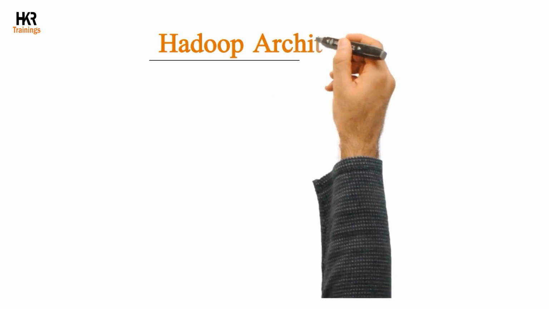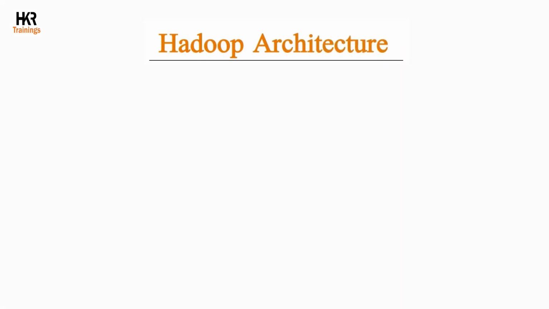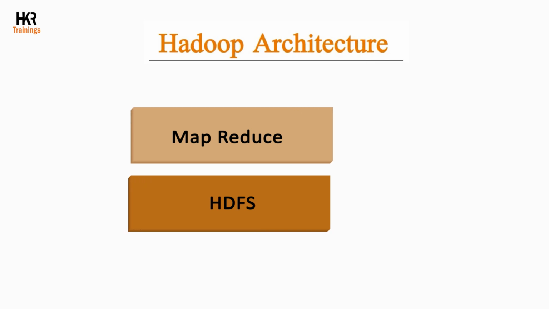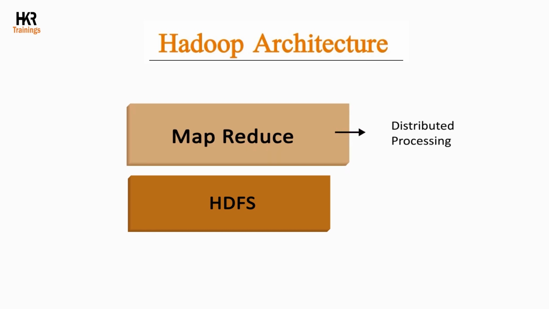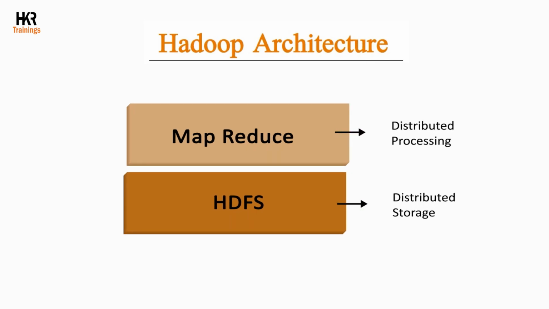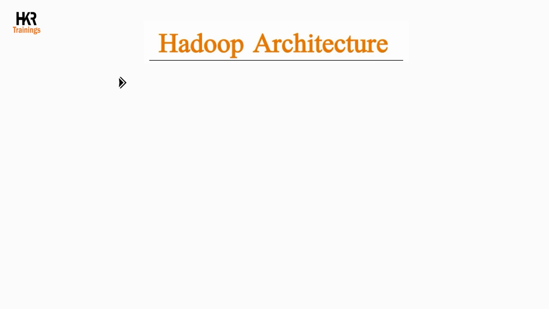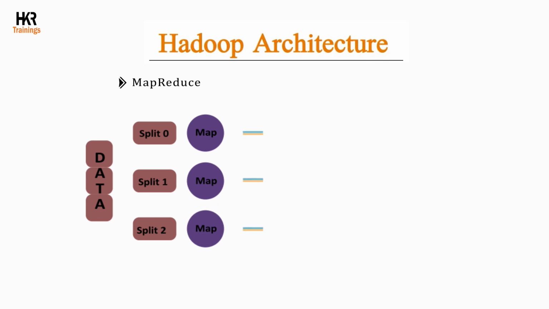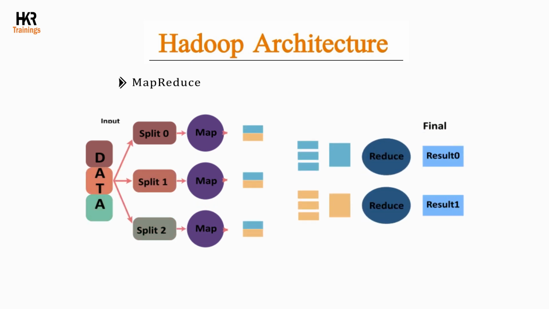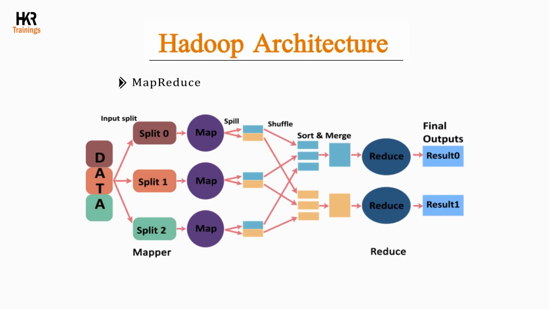Hadoop architecture. Now let's get a bit deeper into the topic and discuss the key components of Hadoop that form the Hadoop architecture. The two main layers in the Hadoop architecture are the computation or processing layer and the storage layer. Let's discuss each of them now. MapReduce. In short, MapReduce is a parallel programming model that is designed for writing distributed applications to process large volumes of data. The MapReduce program will be running on Hadoop.